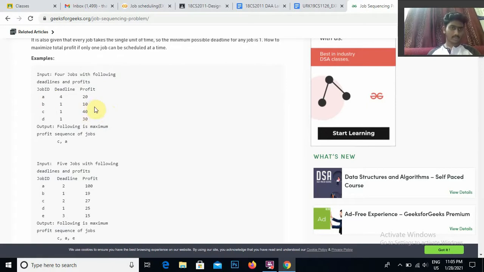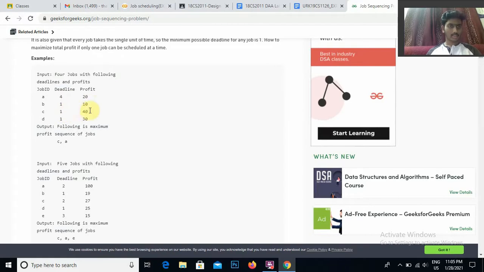So now 40 will be my first job, and 40 has a deadline of 1. Let me check whether any job is assigned for slot 1. No, in my case no job is allotted for the first slot.